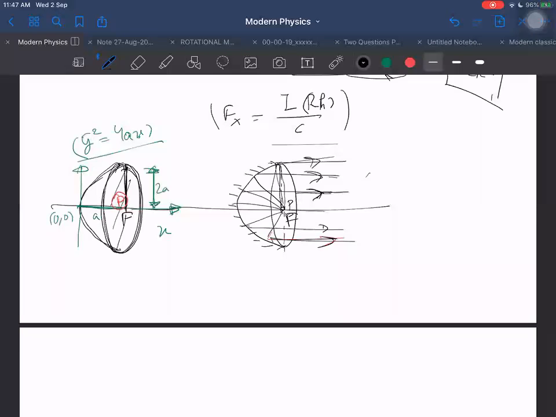What I was saying. First of all, 8I by C pi S square. But what? Say it again. 8I by C pi S square. I is not even there. You are giving me the answer in terms of an unknown. Nobody has given you I. C we can always write, because C is the speed of light. It is a universal constant. We can always write the answer in terms of C, whether it is given or not. But we cannot do that for I. I is not given. P is given here. Power. P by C.